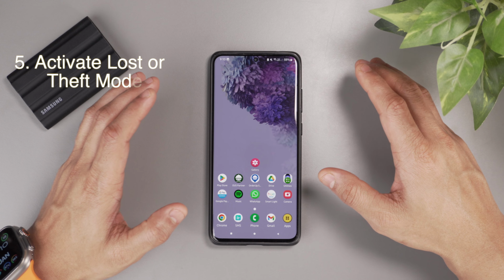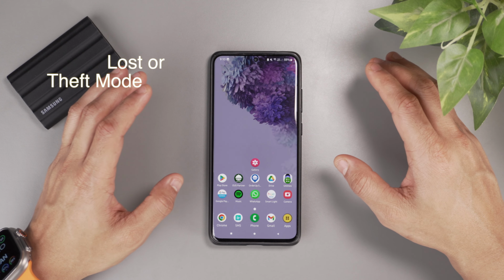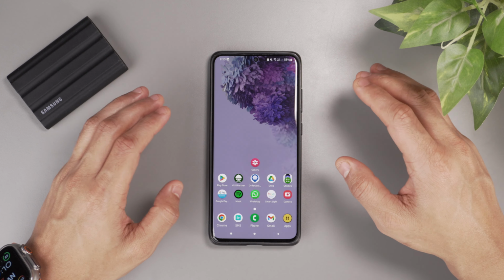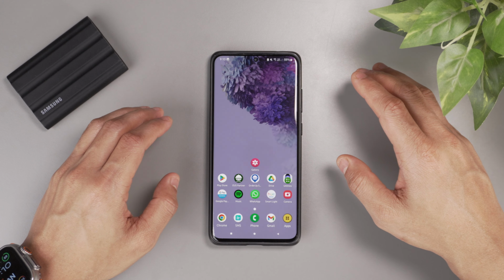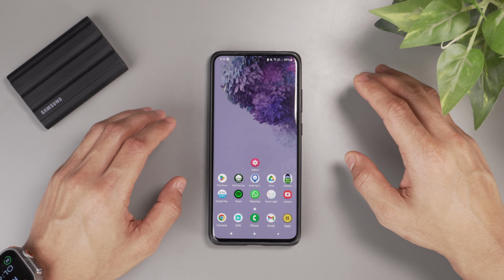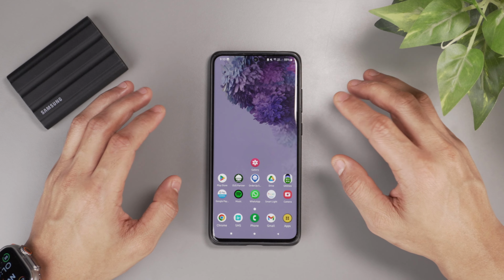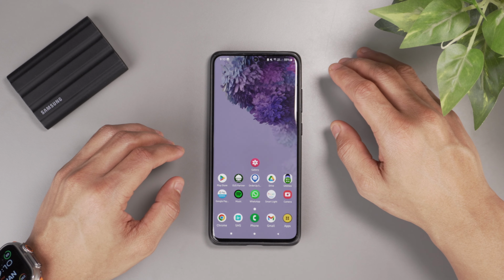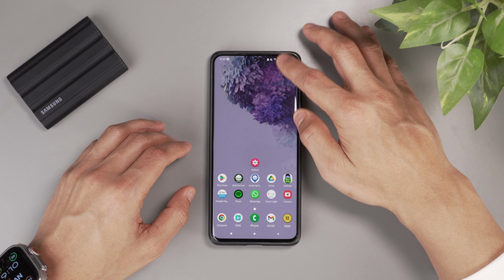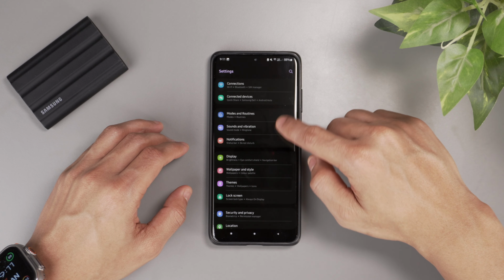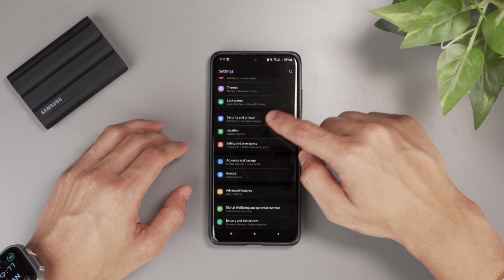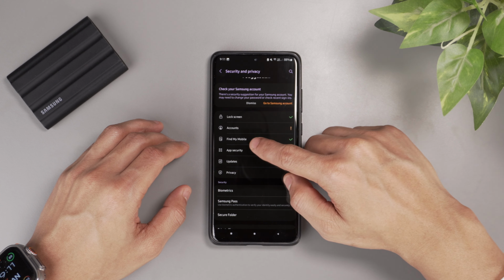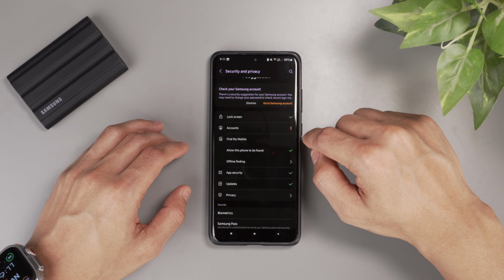There's a very important feature on your Samsung phone that many people overlook. Just like an iPhone, if you lose your Samsung phone, you can locate it by going to findmymobile.samsung.com. Strangely enough, this feature is not enabled by default, and you need to enable it in order to track your phone if you lose it. To do that, go into Settings, scroll down to Security and Privacy, and here you can see Find My Mobile is there. Click on it and click on